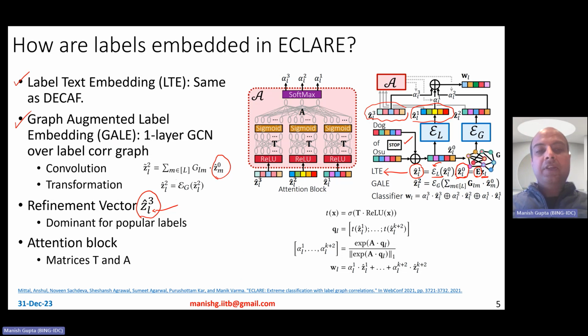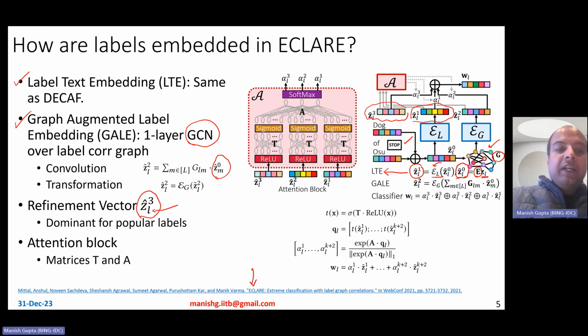The way you do this is to first build, of course, the label correlation graph G, and you want to learn a better embedding for a label by doing a GCN, graph convolution neural net, on top of this graph. You just do one layer of GCN. ECLARE does one layer of GCN, but they also say that you can do K layers of GCN for that matter. If you remember GCNs, they contain two main operations, the graph convolution operation and then a transformation, or the graph pooling operation as they call it. There's no pooling that happens here, it's just a transformation.